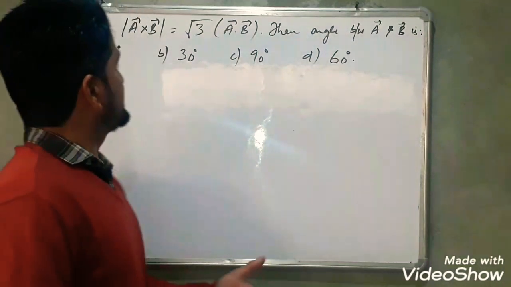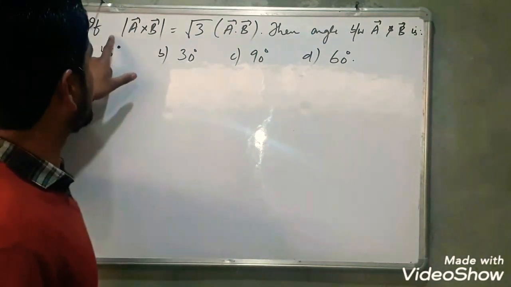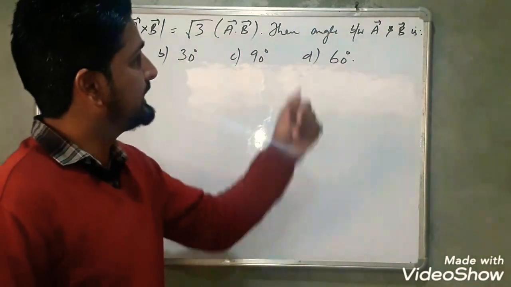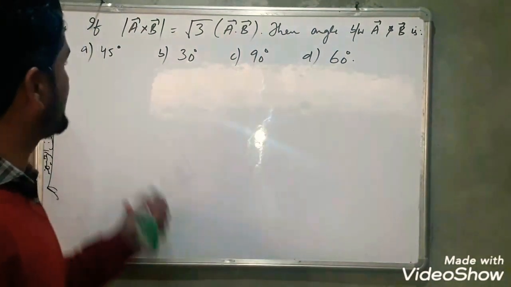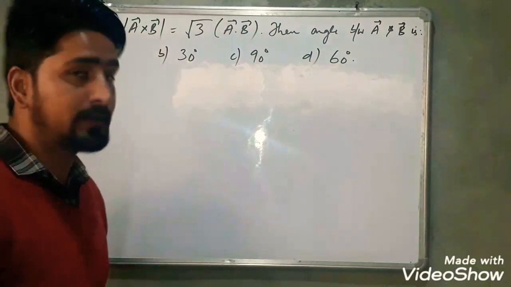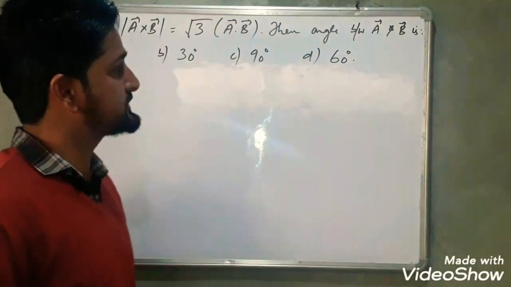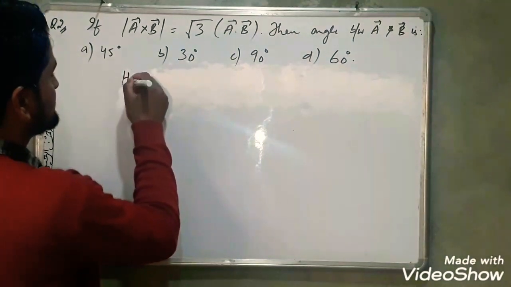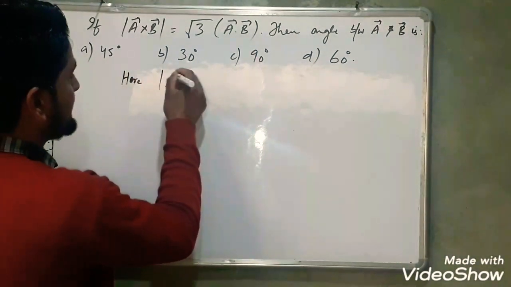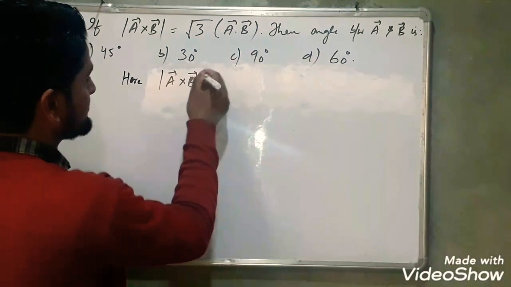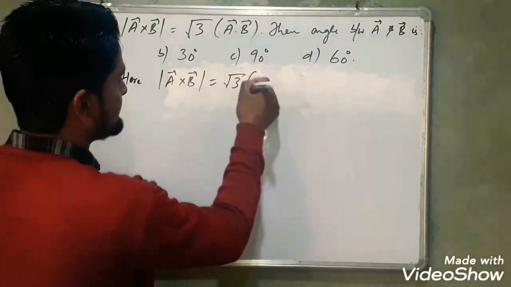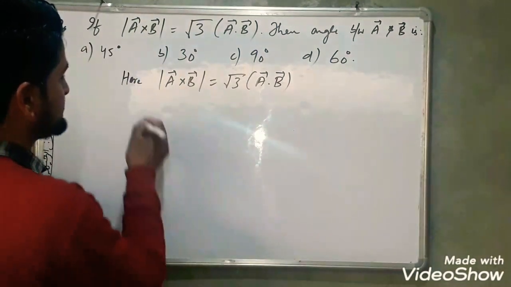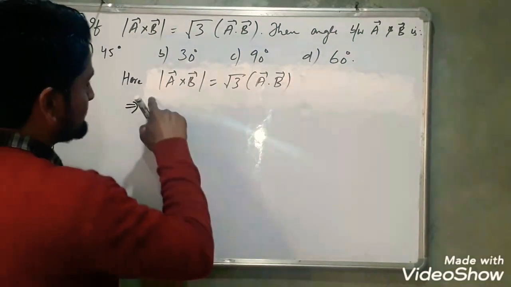So our second question is, if magnitude of A cross B equal to root 3 times A dot B, then angle between A and B is 45 degree, 30 degree, 90 degree and 60 degree. Okay, so our given condition is here, that is magnitude of A cross B is equal to under root 3 times A dot B. Again you have to use the similar way,